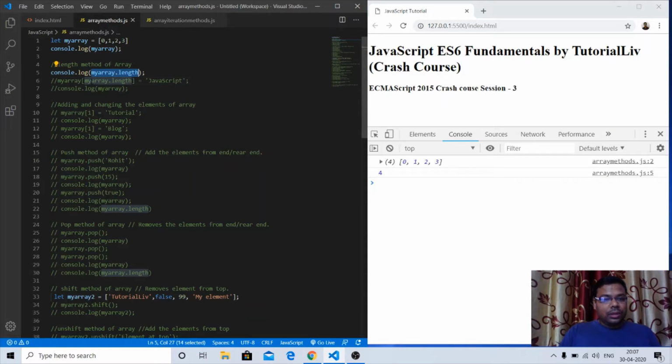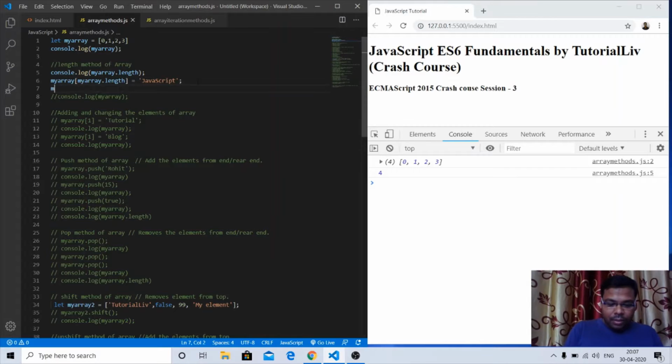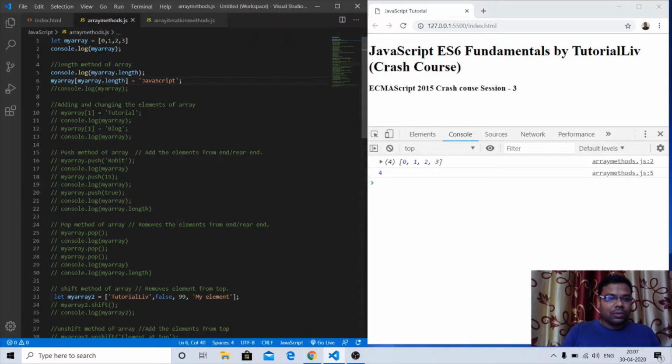So this particular line, if I just describe it, is something like my array, and in the square bracket it is having value 4. Then I told you that it is a getter or setter method. So if I just put equal to and then put something here, it will assign that particular value to the array. So let's remove this line so you can understand what I have written here.